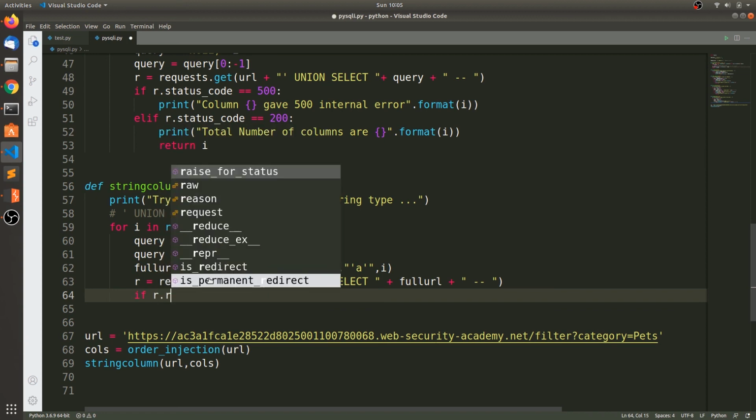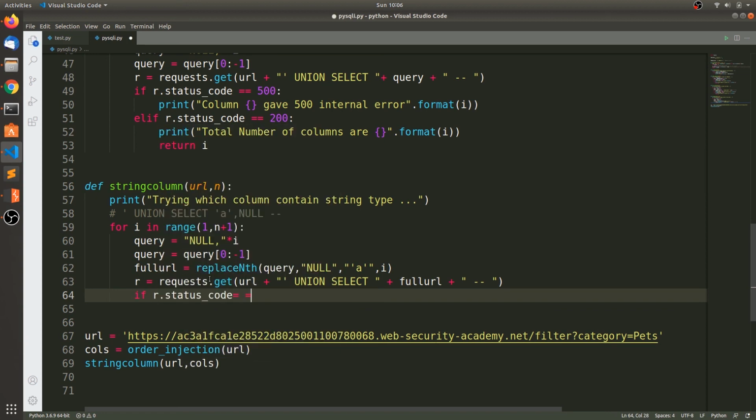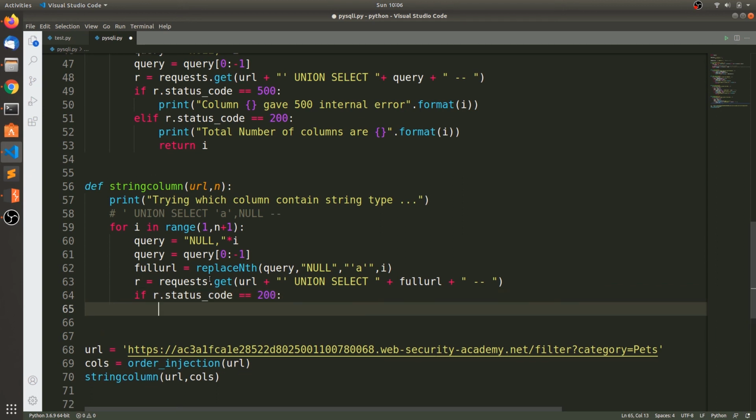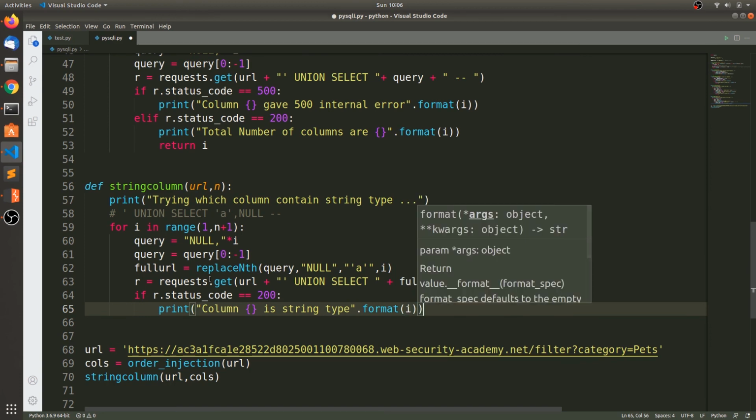So if r dot status code is 200, so print column is string type, format of i.